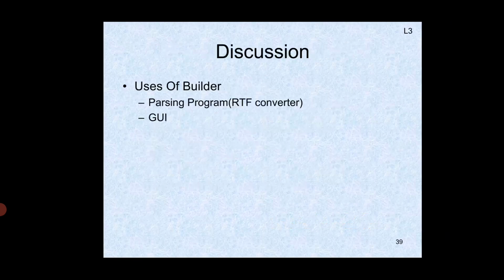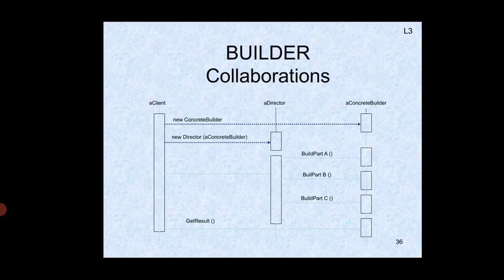Once again, I have to repeat this point. Listen carefully. It isolates the code for construction and representation. Here, what does the builder pattern improve? It improves modularity by encapsulating the way a complex object should be constructed and represented. So the clients need not worry about the classes that define the product's internal structure, and such classes don't appear in the builder interface.